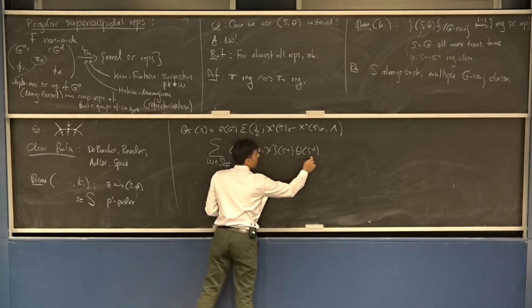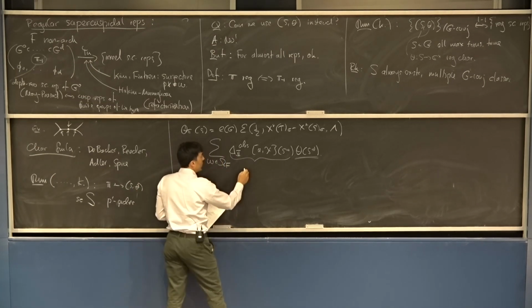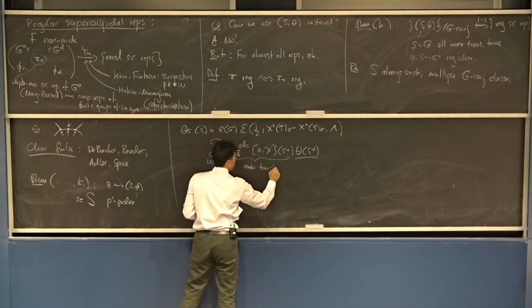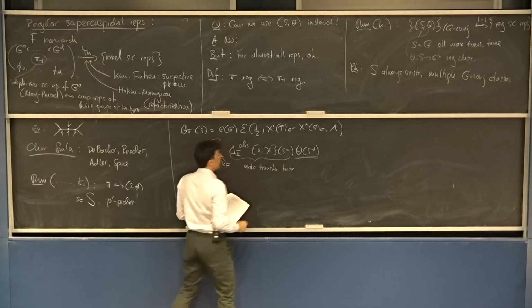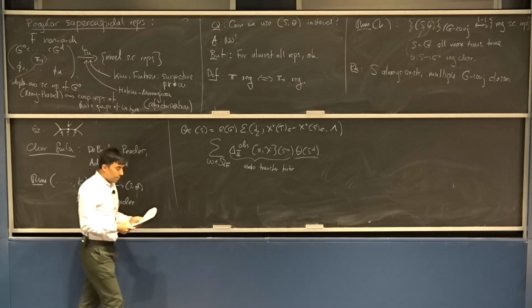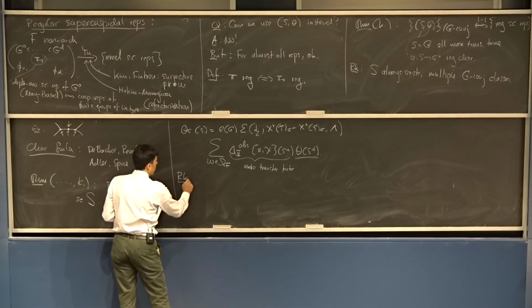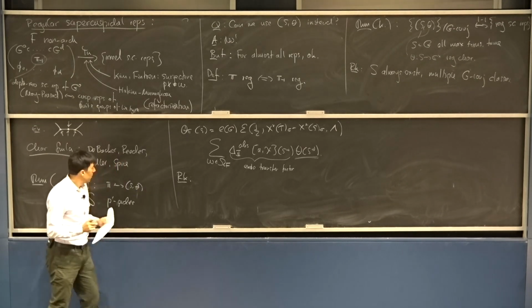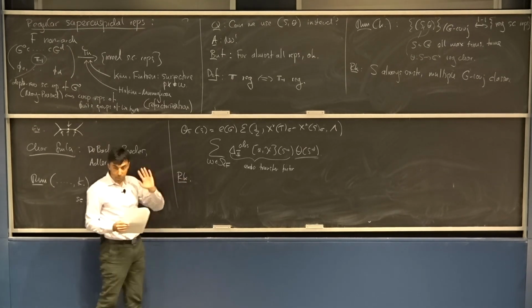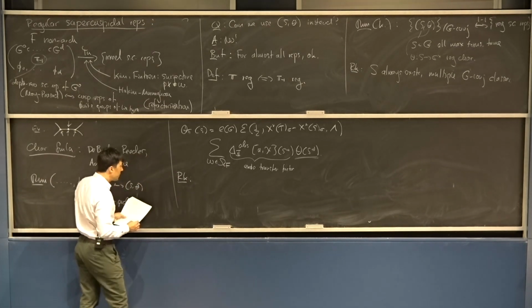Where you have the character that is used in the construction of the representation. And then there is a piece here, which is a piece of the endoscopic transfer factor. I don't really have time or energy to explain what this means, and it's maybe not too important, but what is important is the following remarks. So this is exactly the same as in the real case. These are the F points of the normalizer of the torus modulo the F points of the torus. The same notation as in the real case.